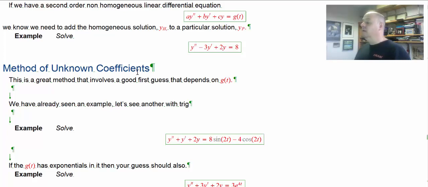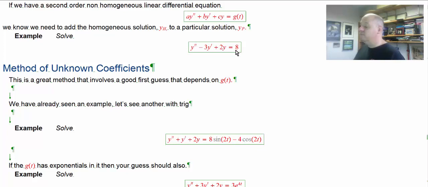So we've been solving linear, second-order, constant coefficient, homogeneous differential equations. We've been solving equations of this form where this g of t part was equal to 0. Now we want to solve the equations when this g of t part is not equal to 0. It's some other function of time. Let's start with